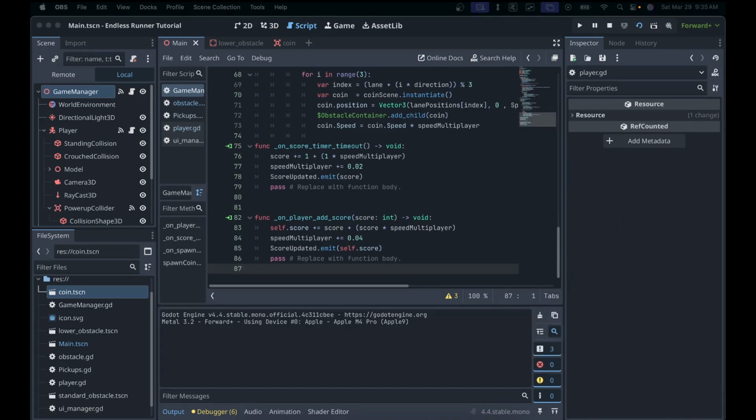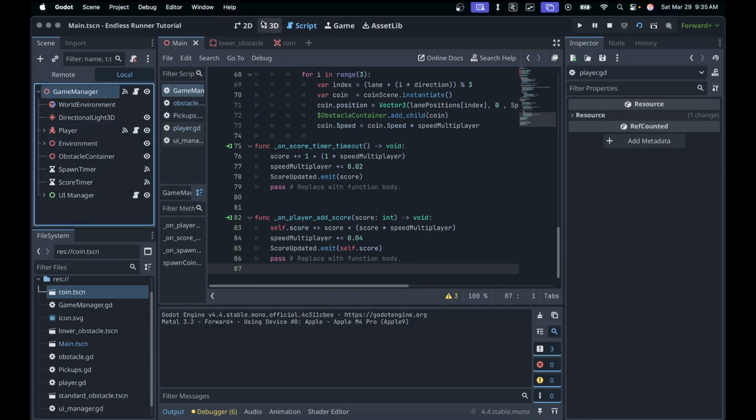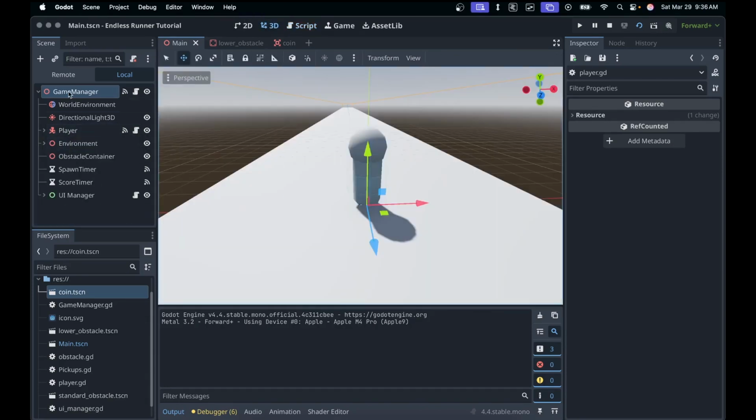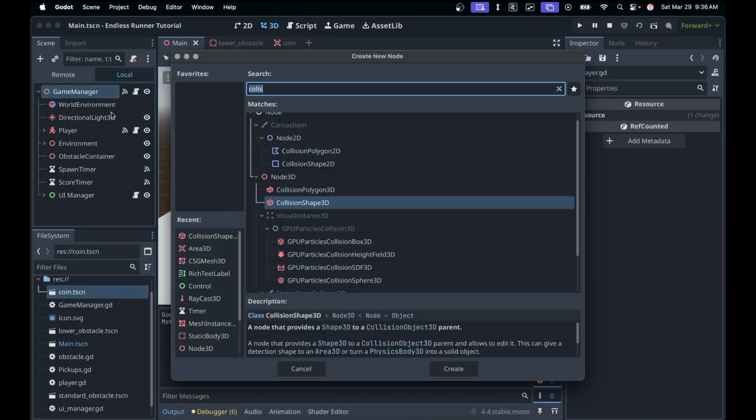Now the question is, okay, so I have scores, I have difficulty, and things get faster and more difficult as time goes on. How can I handle the death state of my player? How can I reset? How can I have a player that dies? The simplest way to do that is to right click, add a child node,